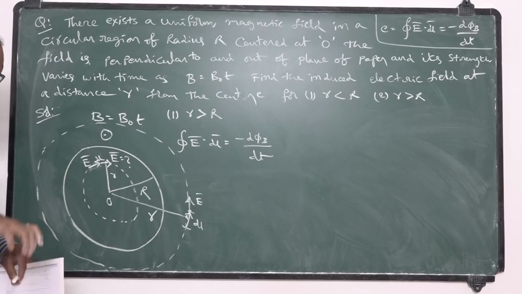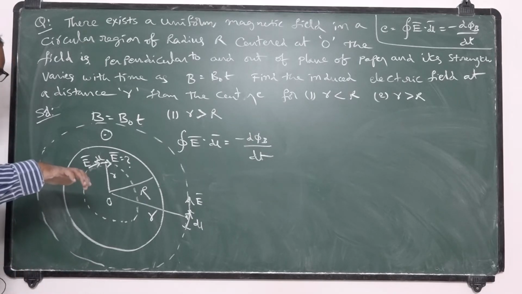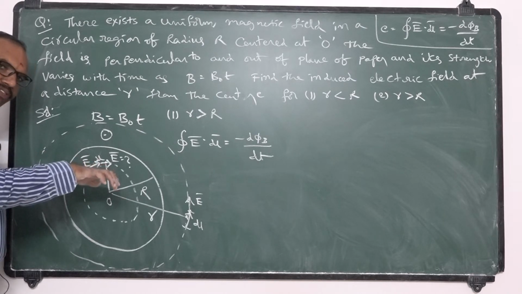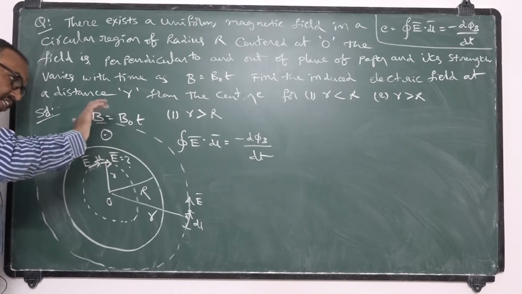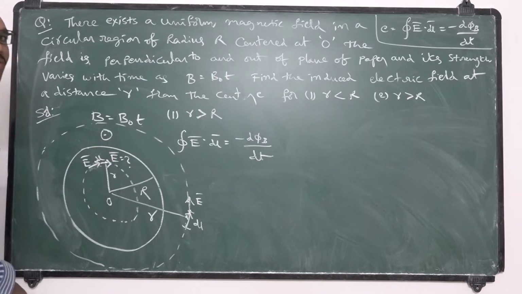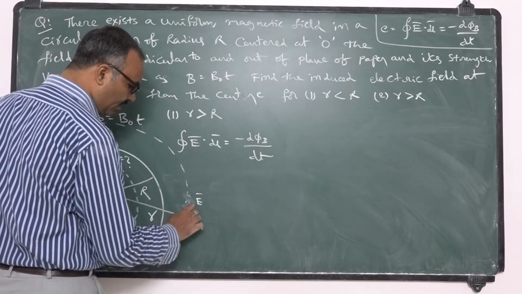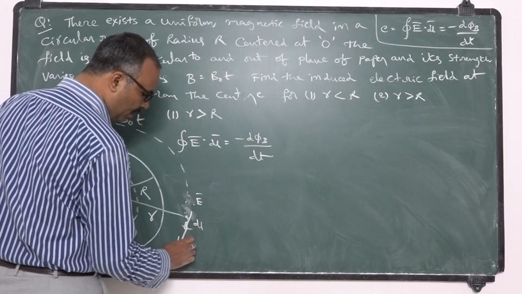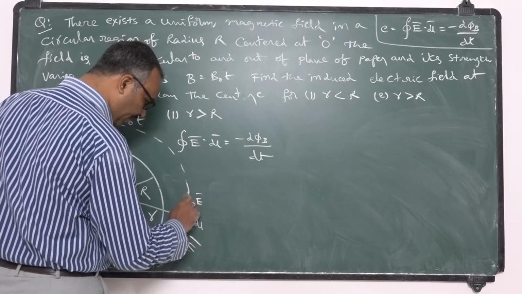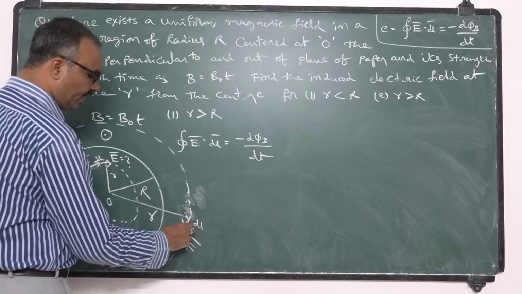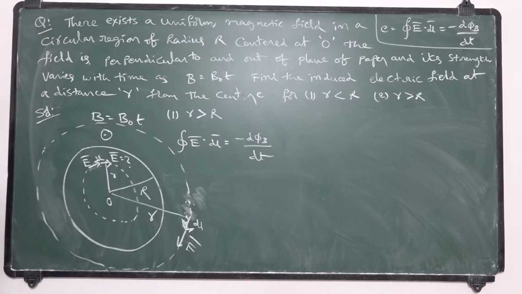In order to develop the induced magnetic field into the paper, as per the right hand thumb rule, if the thumb represents the induced magnetic field into the paper, the remaining fingers are oriented like this. So you will have a clockwise induced current here. So dl bar and E bar both should be taken like this. There should not be any confusion related to the direction. Once again, go through the Lenz law definition. Based on that, we specified the direction here.